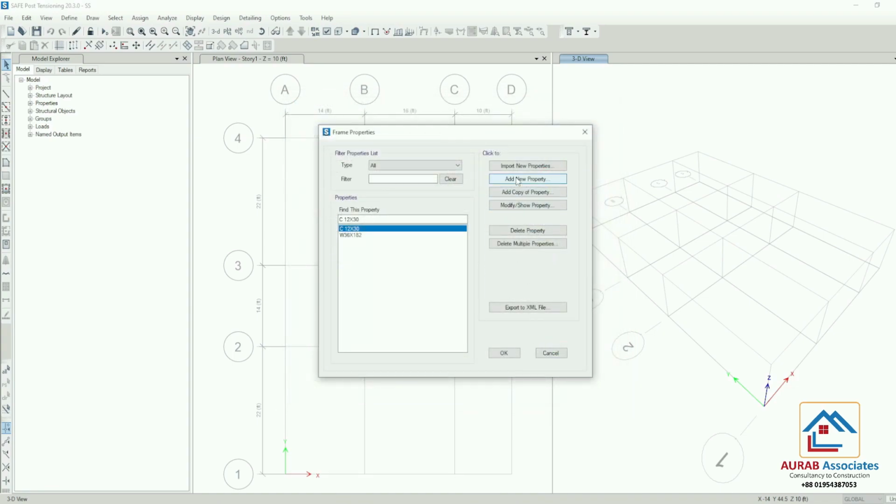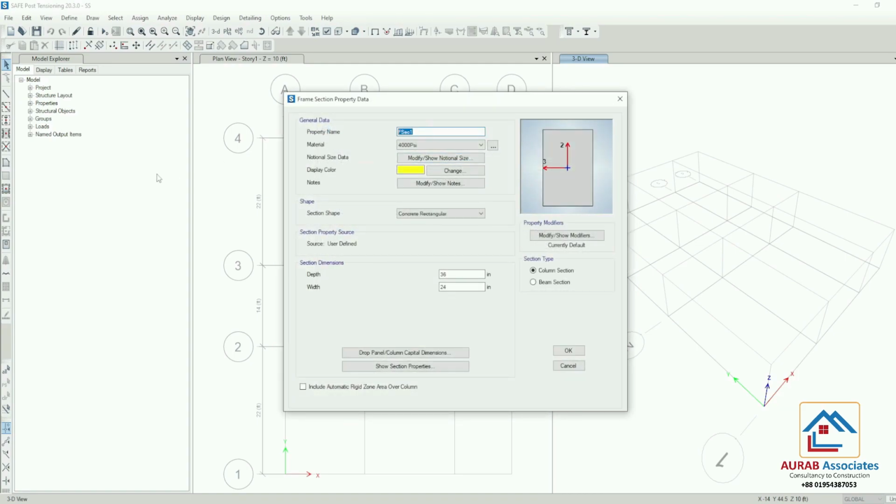Now define beam, add new property, rectangular section, B 12 by 24, material concrete 3000 psi, width 12 inch, depth will be 24 inch.